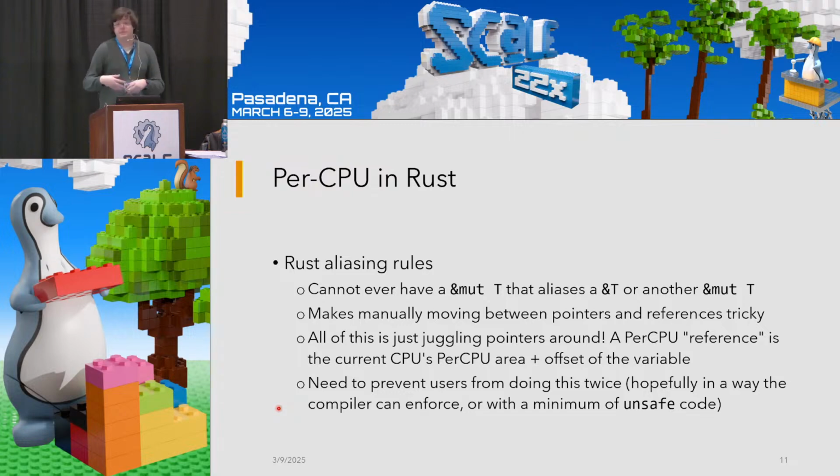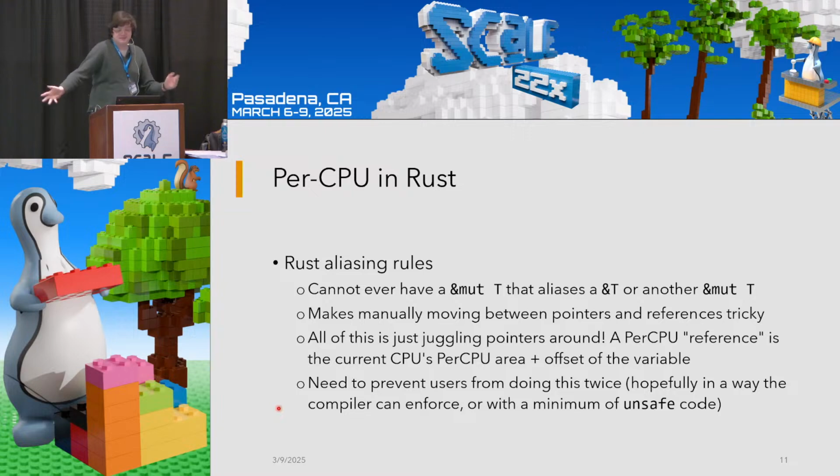But if you're playing around with per CPU and all of these raw pointers and throwing stuff around with the C side, you need to be careful that anytime you make a mutable reference, you're guaranteed exclusivity, which, of course, if we're talking about stuff that involves synchronization and we want to explicitly avoid as many of these synchronization primitives as possible, becomes a little bit challenging. And in particular, this makes manually juggling pointers and references back and forth pretty challenging to do in a way that's sound, especially given that